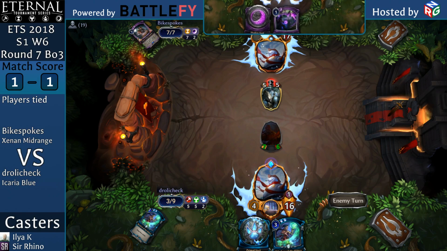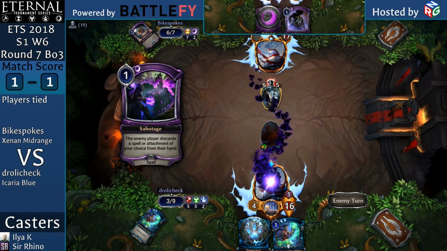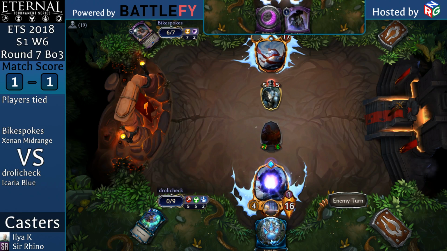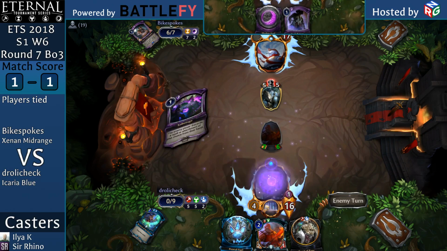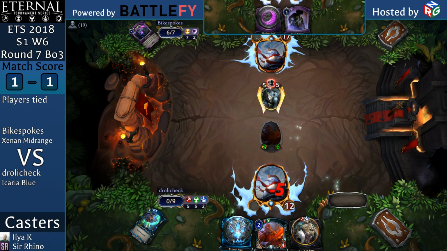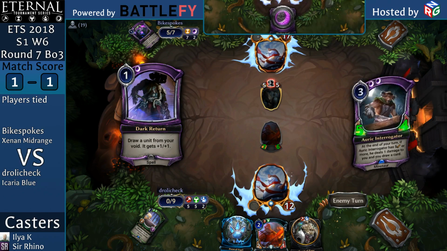He'll just cast that again on Bikespokes' turn in response to this sabotage. Hoping to not draw anything too good or two really good things. And yeah, there we go. The sabotage. And the Wisdom in response is going to actually not draw any spells. But this means this Dark Return is...